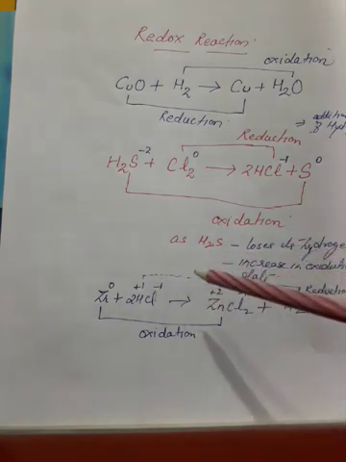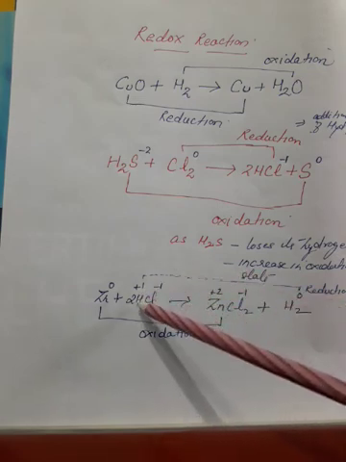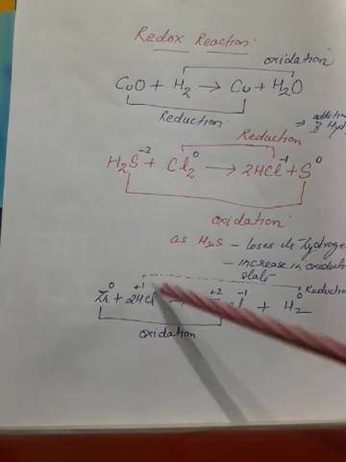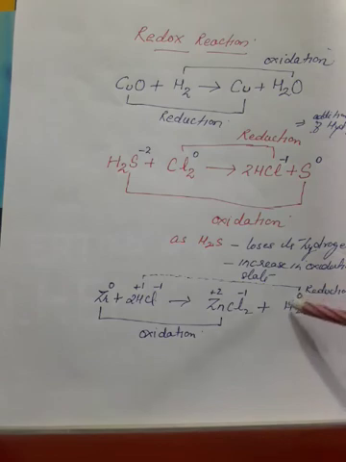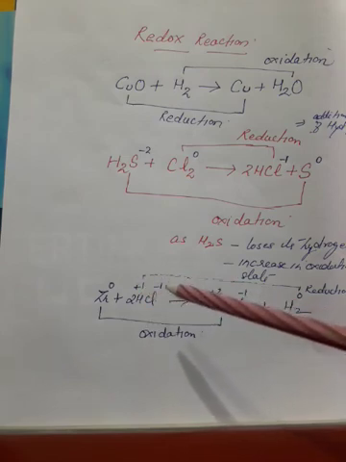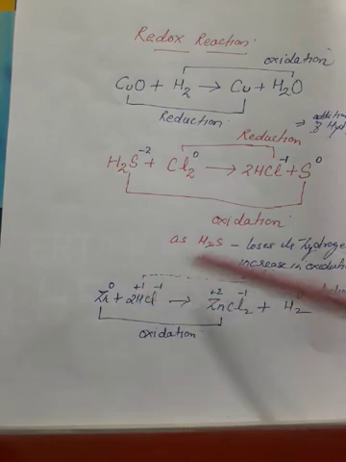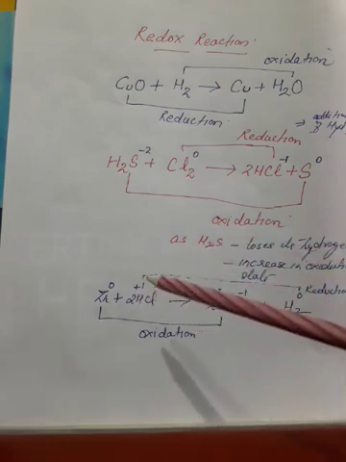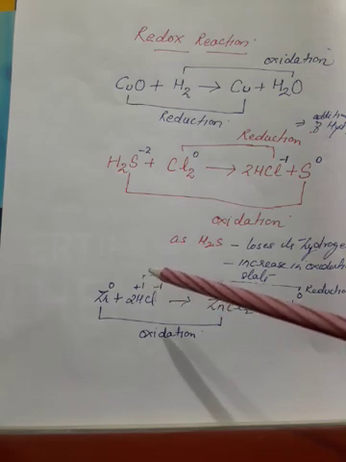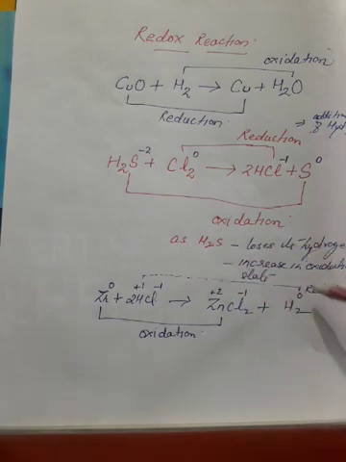Here you see in terms of oxidation number. What is the oxidation number of hydrogen here? Plus 1. Chlorine minus 1, hydrogen plus 1. Here what is the oxidation number of hydrogen? 0. Another way to define, that will be easier for you to understand I think, because oxidation number you will study in detail later. Another way to define reduction: loss of oxygen is known as reduction.